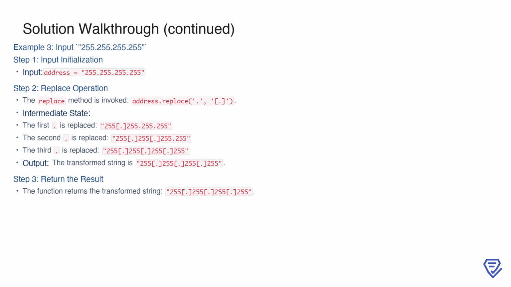The replace operation is then applied to transform the string. The replace method scans the string and replaces each dot with [dot]. After the first replacement, the string becomes